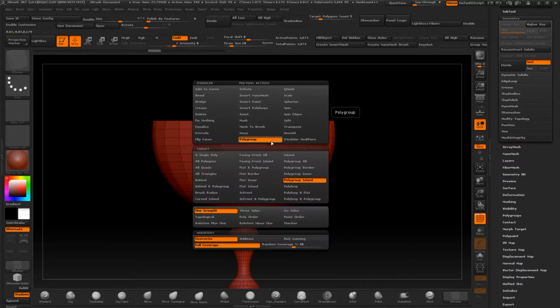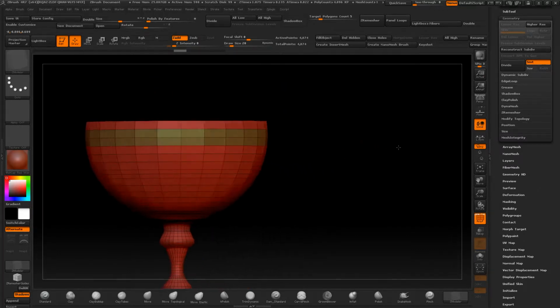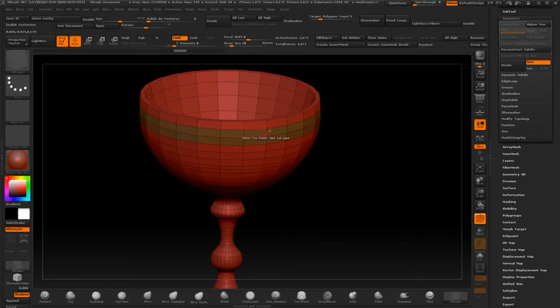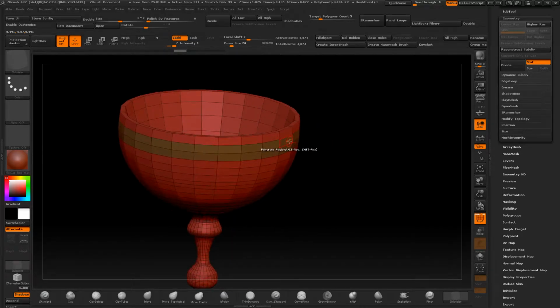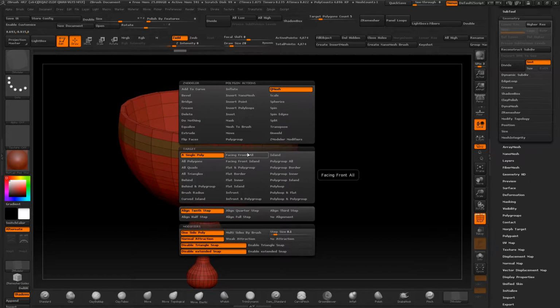No. Well, we would hit, for example, Polygroup and then Polyloop, which will go all the way around, all right? So we can click, okay? And now the good thing is, as you can see, it's all in another color, the whole polygroup. This is also like a polygon selection, all right? Like if I right click and I put in a Q mesh instead of a single poly,